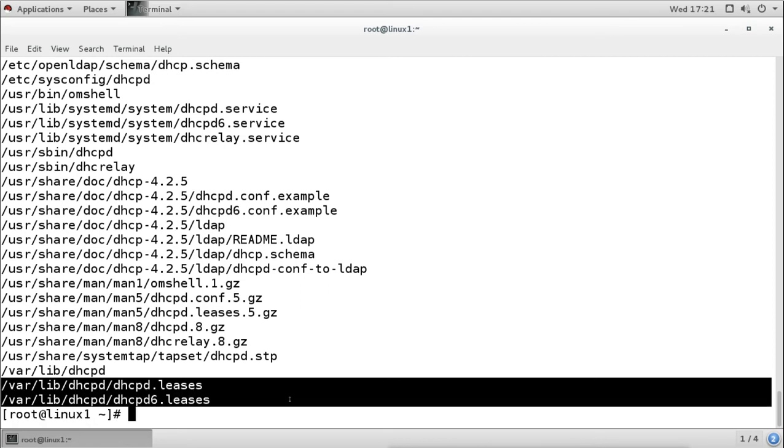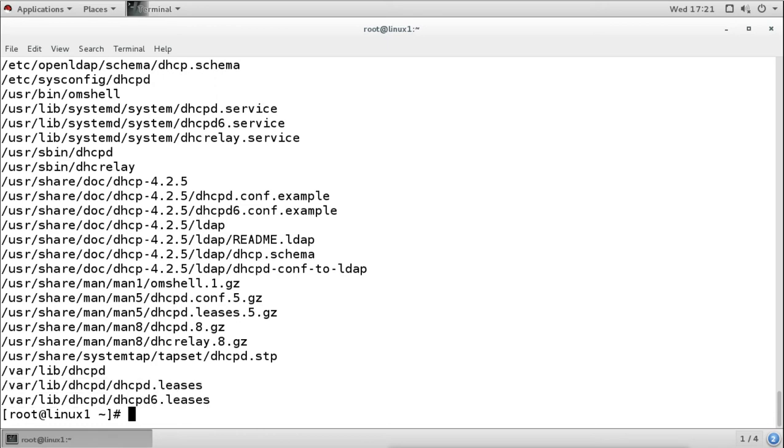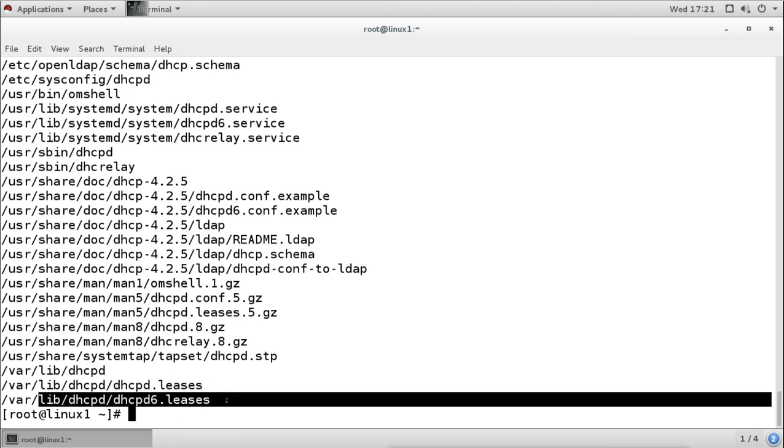That means when the DHCP server provides an IP address to some machine, it will keep the information in this file. This file contains the lease information for IPv4 and this file is for IPv6.